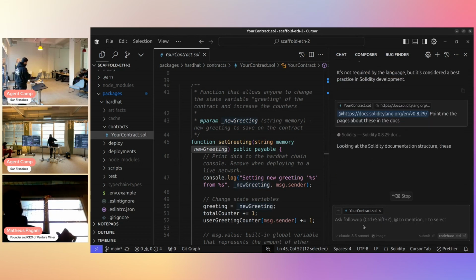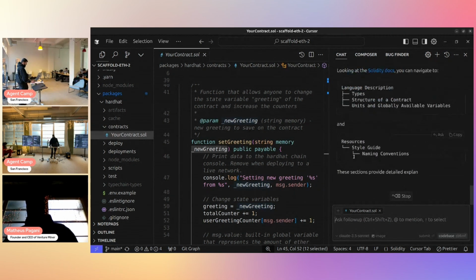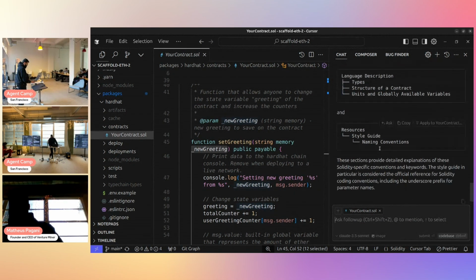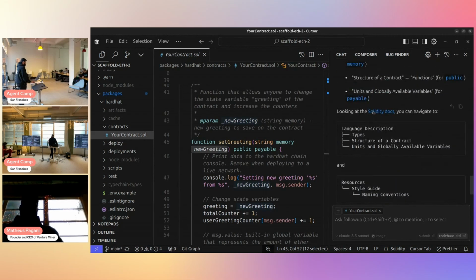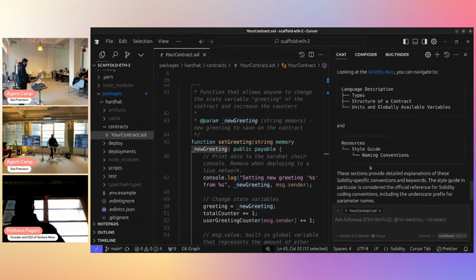The AI is probably going to search the documentation and, okay, it's doing a good job. It is picking the correct links. So the language description we're going to find here and here and here, and the naming conventions here. This is true.